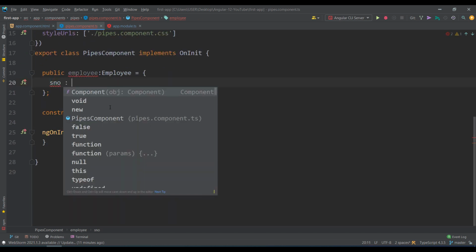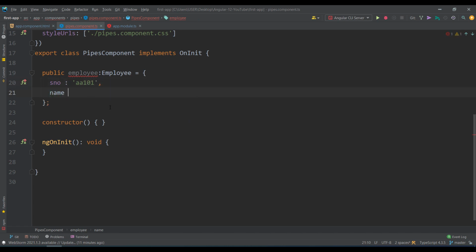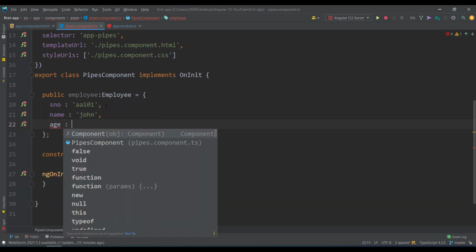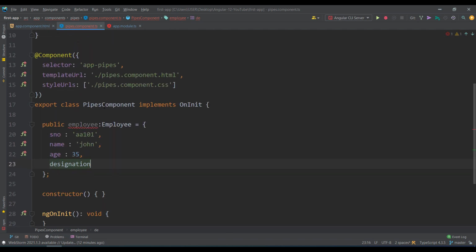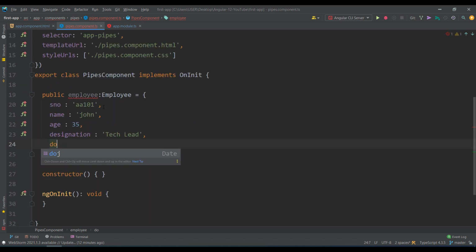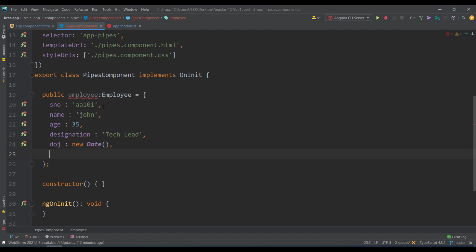Serial number, something like AA101, name John, age 35, designation tech lead. Next, date of joining. Let's take today's date, I just say new Date, a date object. And then salary, let's take 45,000, a number.